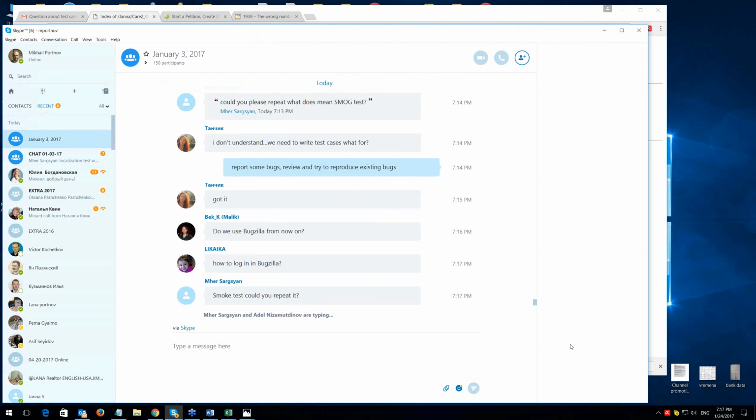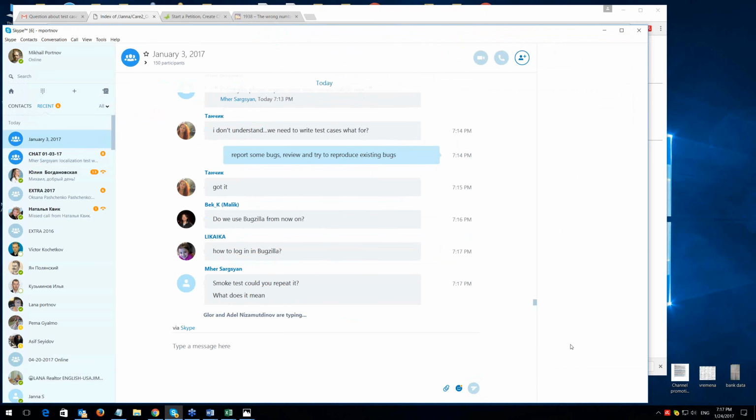To repeat smoke test, could you repeat it? What does it mean? The smoke test is the same as build acceptance test, and this is the most often executed type of testing.